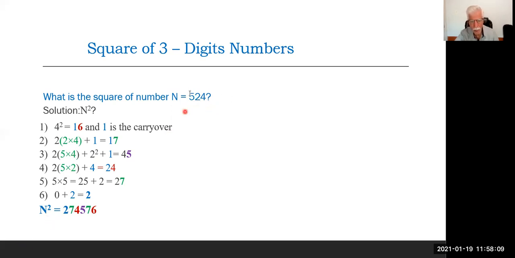So the square of 524, as you can see, is a big number. It is 274,